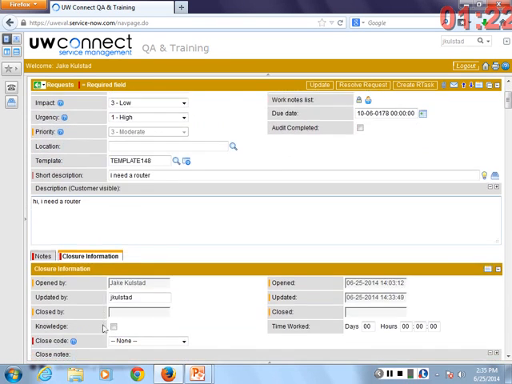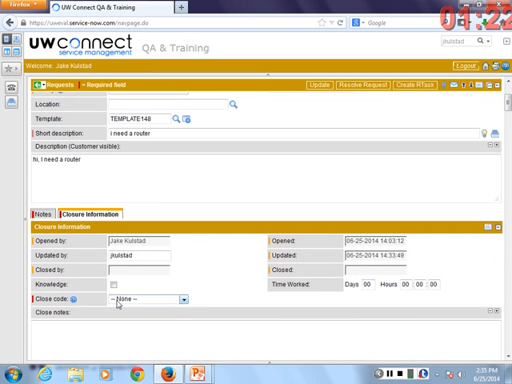Phew. Okay. Any questions about request? The close code is what the request process owner wants us to put in there so we can get metrics on what percentage of our requests are complete, incomplete, canceled, or rejected. The service now is not enforcing this. Well, it is because our process demands it. You good? Good.